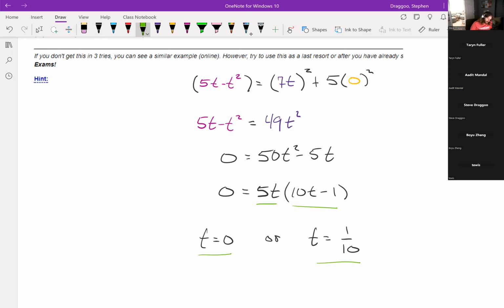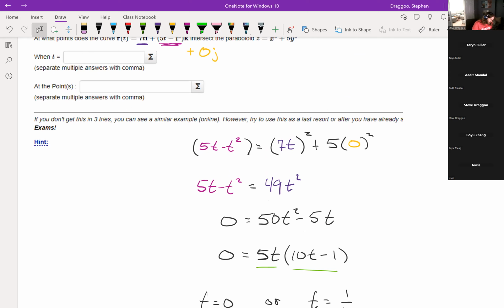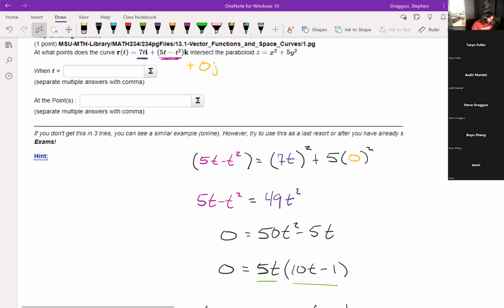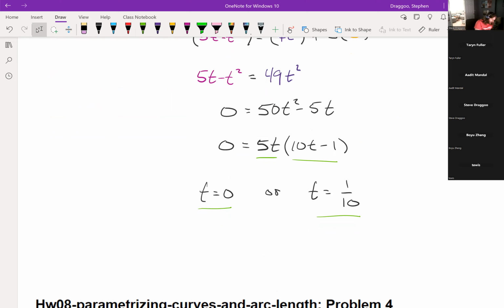Cool. So if we went back to answer the question, because it was in 2 parts, we want to find both the t values where these things intersect and then the actual points. We found 2 t values. They were 0 and 1/10. To get the actual points, all we need to do is plug those numbers in. Probably makes the most sense to plug them into R, or at least it'll be the simplest to plug them into R. So I need R of 0,